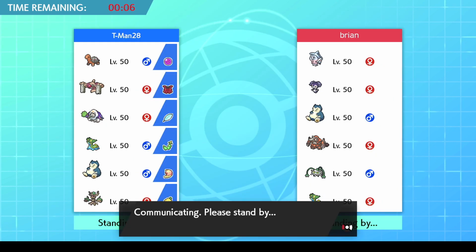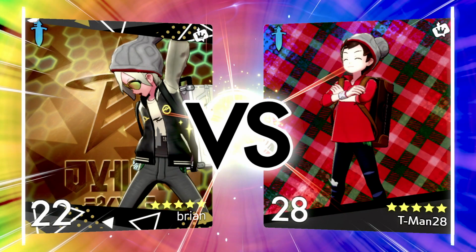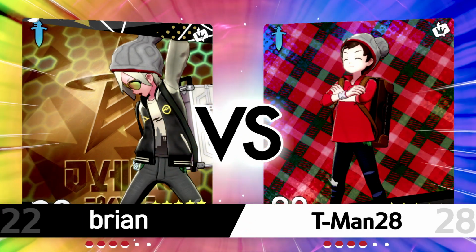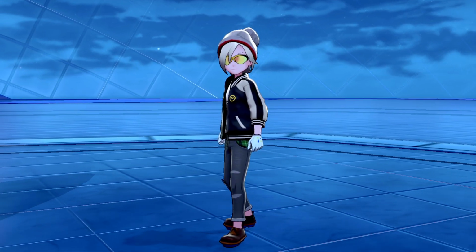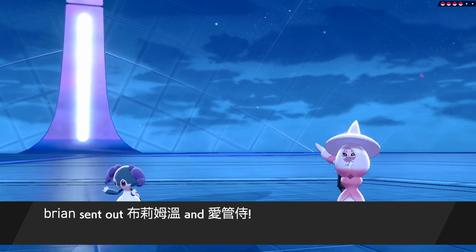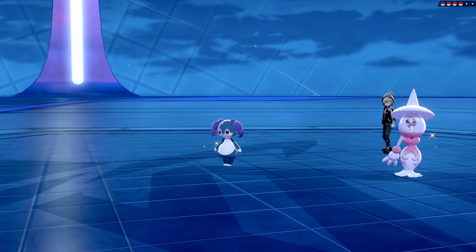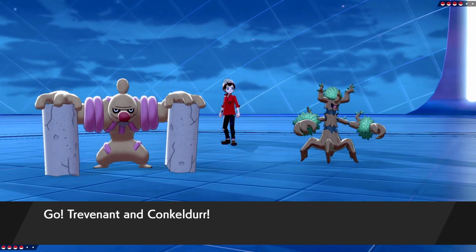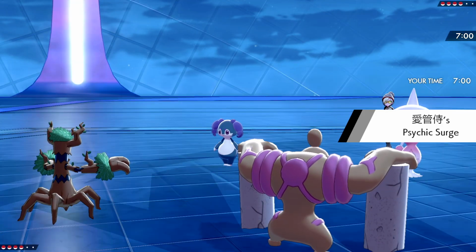Okay, let's see. Who do they lead? Might be Indeedee and I don't know. They might think I'll just set up the Trick Room. And the thing about my team is Snorlax is speedier than most other Snorlaxes, so it will outspeed them in non-Trick Room setups. And they lead Indeedee and Hatterene. Okay. Let's see how we...